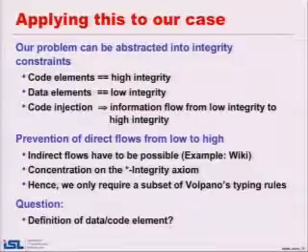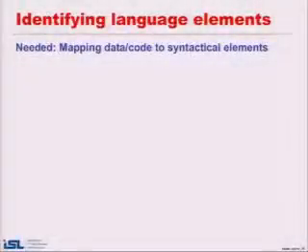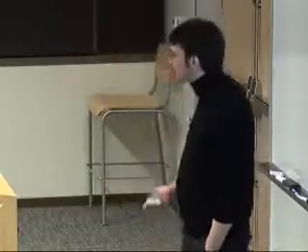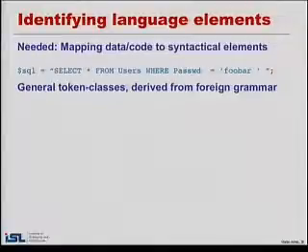Good. So far, so good. Now we talked about code elements and data elements, and now we have to get real and say, what are, in our model, data and code elements? What we need is a mapping, something that we can apply from the concepts data and code to the single syntactic elements of the foreign syntax. So again, our SQL example. We decided to apply this mapping on a token level